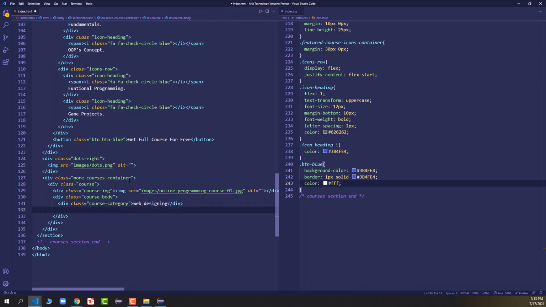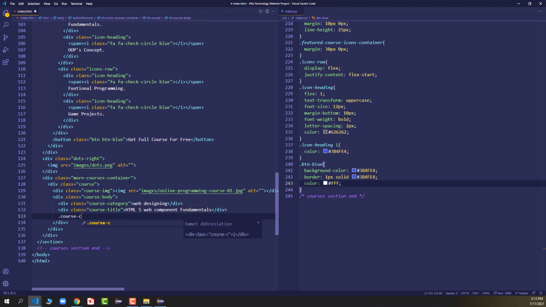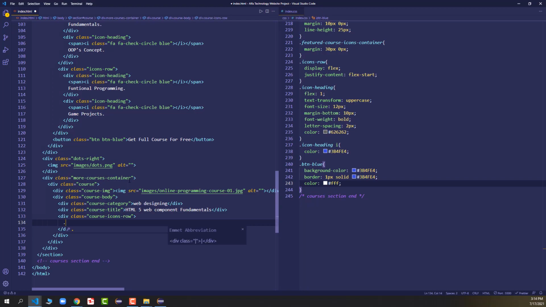And after that we will have the title of the course, so we'll say dot course title, and the title of the course is HTML5 web component fundamentals. After the title we have dot course icons row. And in the icons row, we have dot course icon heading dot gray, so the color will be gray this time.